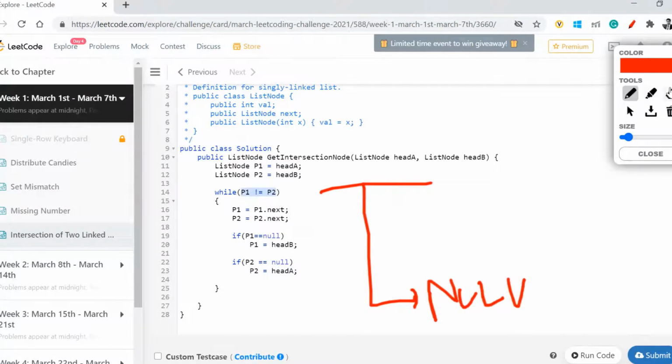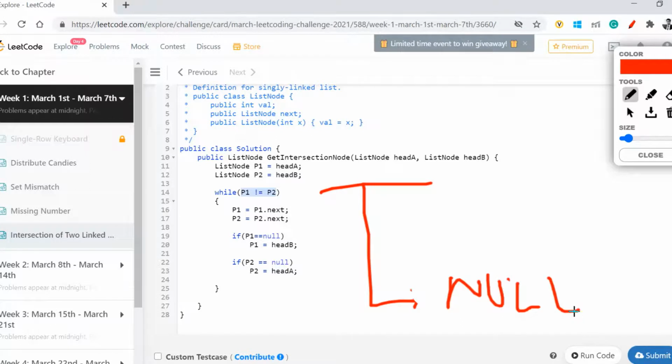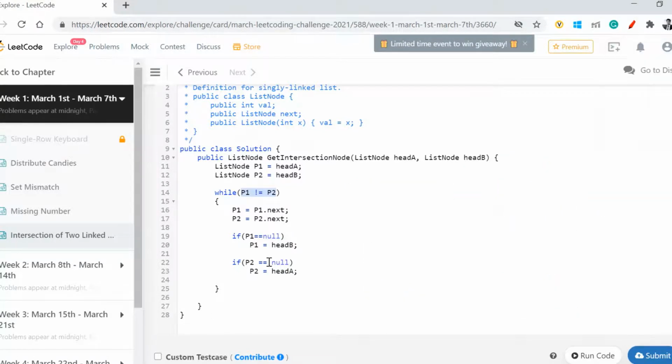One, if both are null, and other, if both are pointing to one node, say 6 or 7 or 8, whatever you're working on. In both the conditions, I'll simply return either P1 or P2. So I'll just return P1.